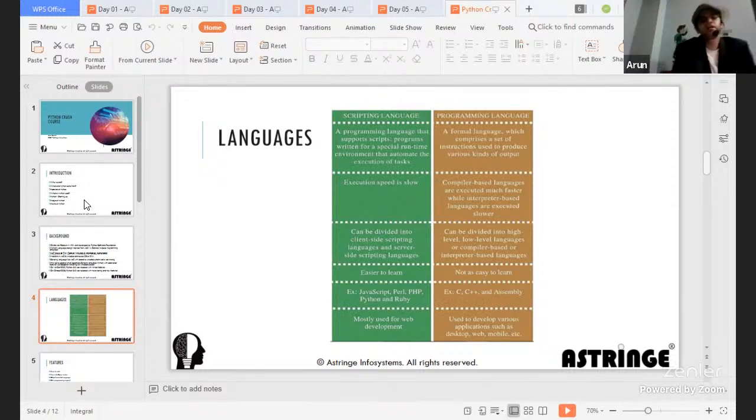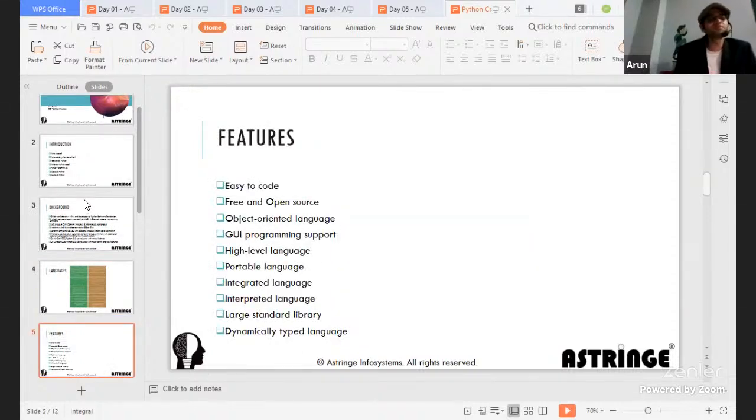Now, we'll revisit. Once we know the languages and the impact it brings, we have to even see the features present in Python. Now, Python is very easy to code. And also, I forgot to add, it is very easy to learn as well. As of today, most of the universities are now teaching Python along with C. C is mostly used for system-based programming because Python per se is an interpreted language, so it is a bit slower, particularly when talking to systems or operating systems per se, while C is natively much faster.